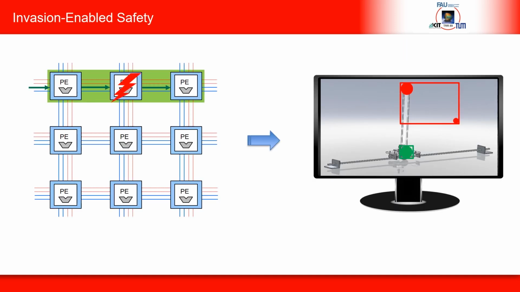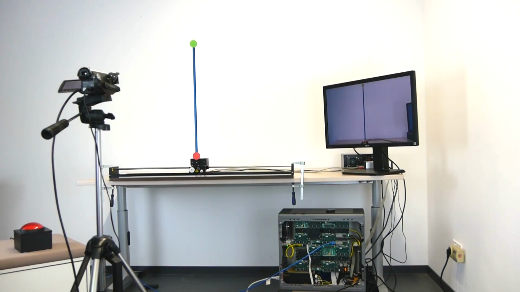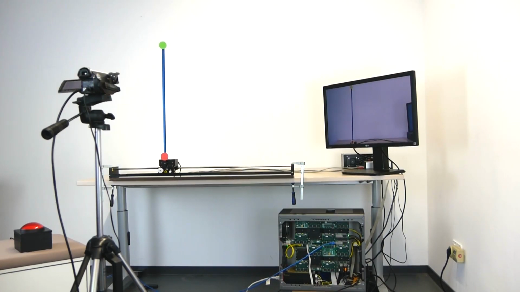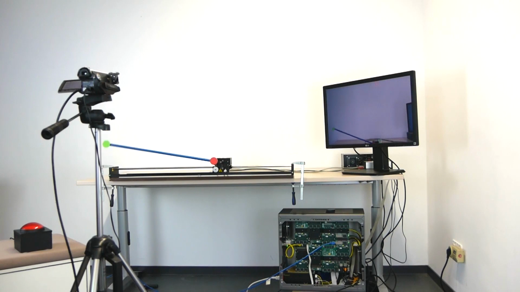Another source of incorrect behavior of our pendulum, apart from missing time deadlines, is the case of errors occurring during the execution of the program. Here, even a single bit error may affect the correctness of the computed position of the red pendulum marker and lead the pendulum again to become out of control, as the following clip illustrates. Here, we randomly inject bit errors in the memory of the processors that are responsible for the bounding box computations. The error injection is started here by a buzzer.